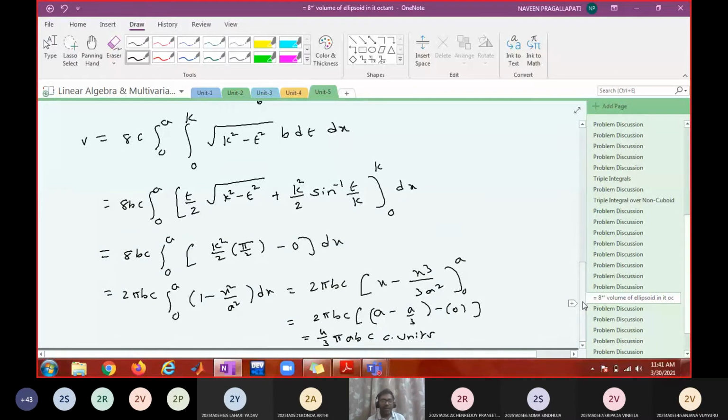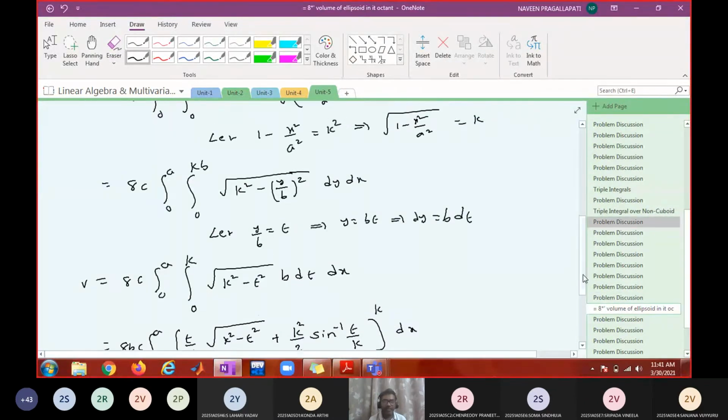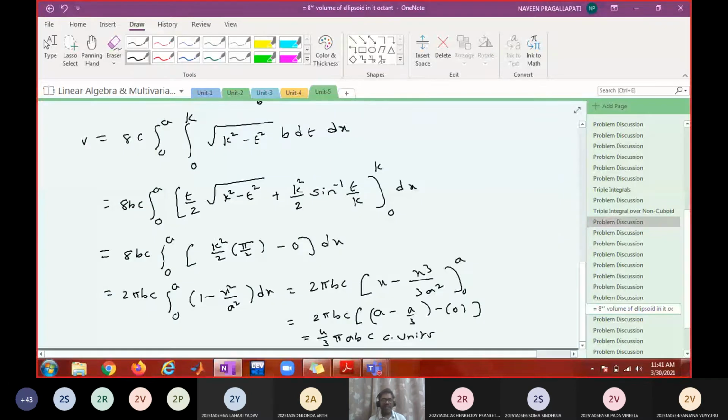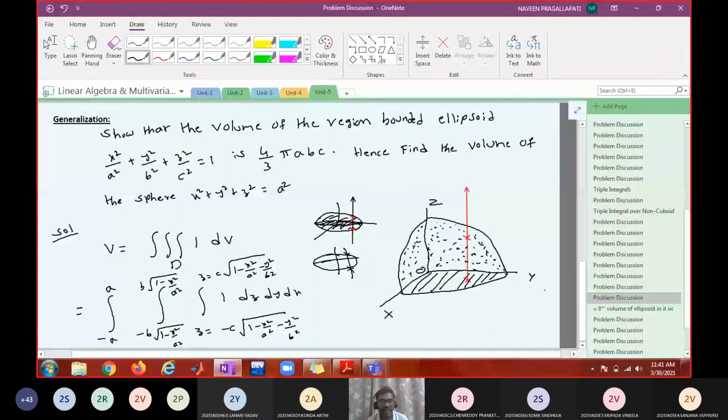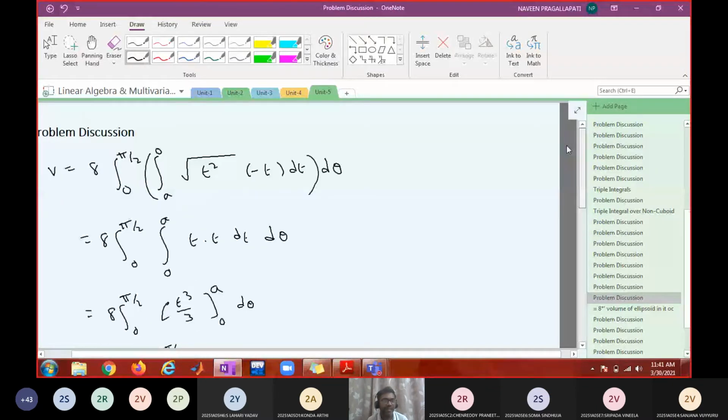Now in this problem we haven't changed the variables. We didn't go into polar coordinates or cylindrical or spherical coordinates. We didn't do any transformations. All the transformations we did in Cartesian form only. Whereas in the volume of the cylinder and the volume of the sphere derivation in the previous problem, I converted into polar coordinates. Here you can see that.